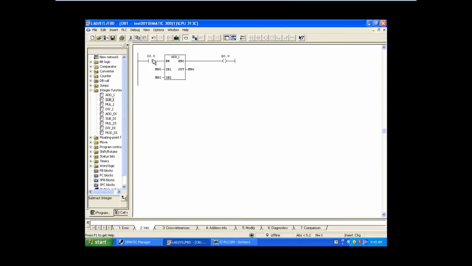Not only for the addition block, generally I am telling you for all the rungs you are writing, there should be some control in the programmer's hand. Okay, fine. So this is how we work with the addition block. The same thing we are going to do with the subtraction block. Let's do that. Here also we can give the constant numbers.